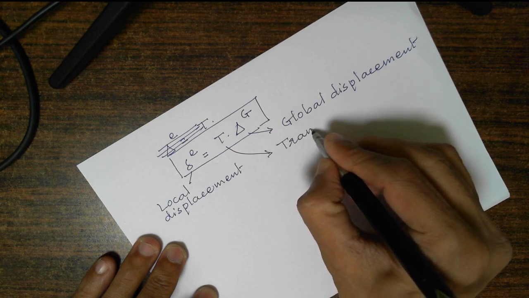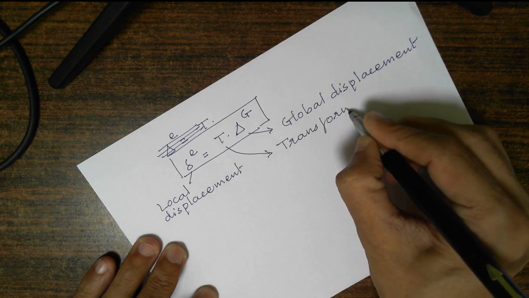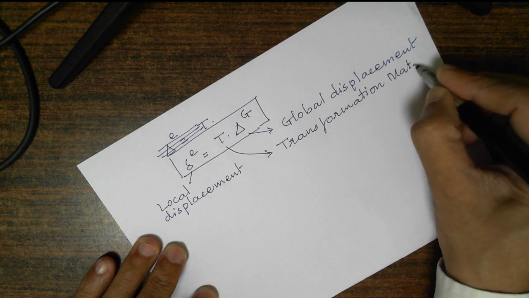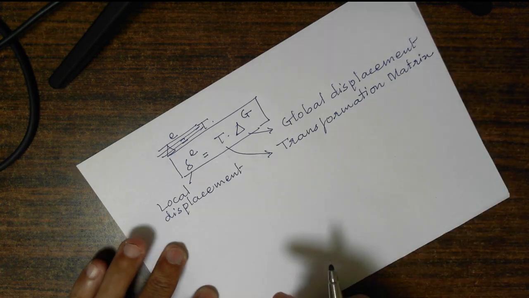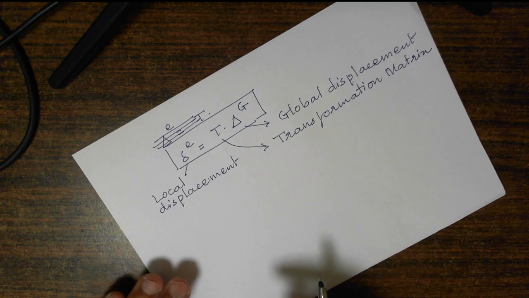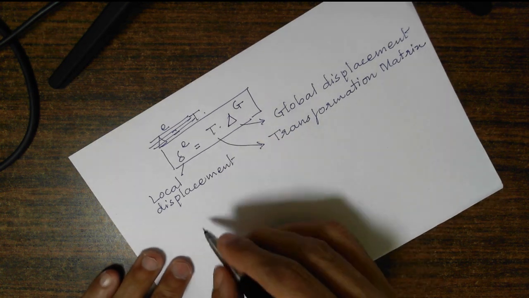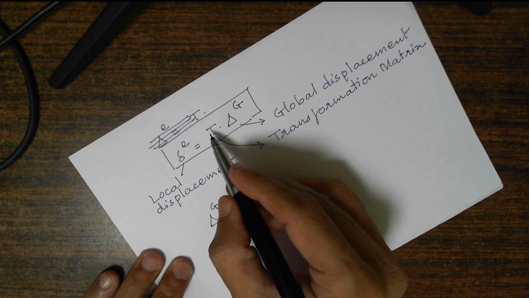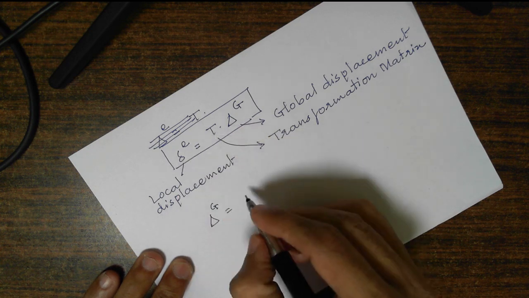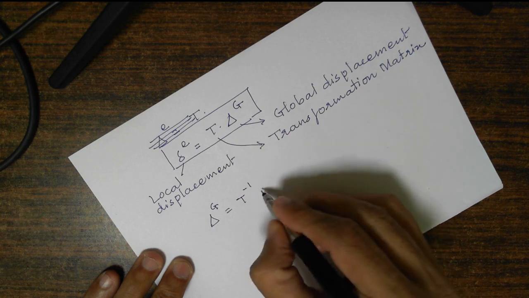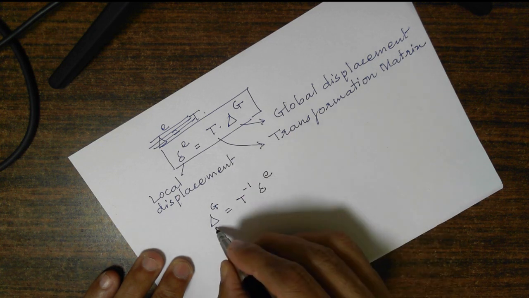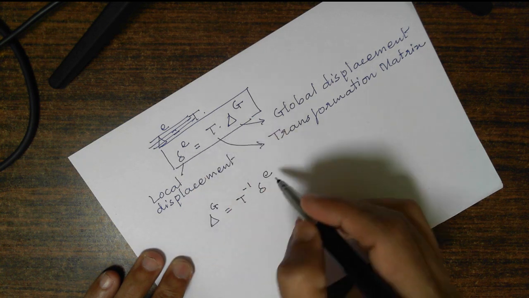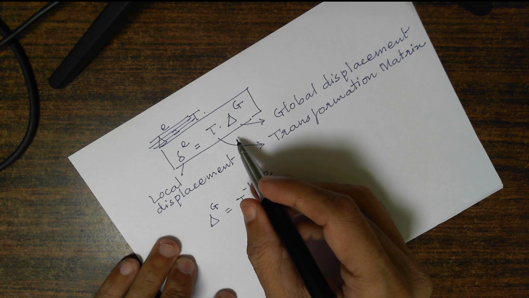matrix. And this transformation matrix, as in the beginning of the lecture we have seen, the format is like this: [C S 0 0; -S C 0 0; 0 0 C S; 0 0 -S C]. Similarly, if I want to write the global displacement now, since it's a matrix relationship, it will be T inverse delta L. The global displacement is equal to T inverse, it will come on this side, 1 upon T, into delta G. 1 upon T is T inverse as per matrix.